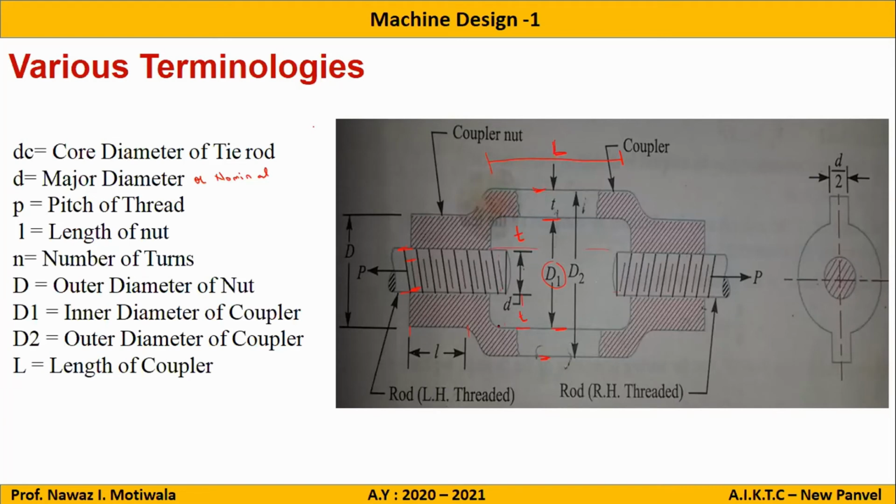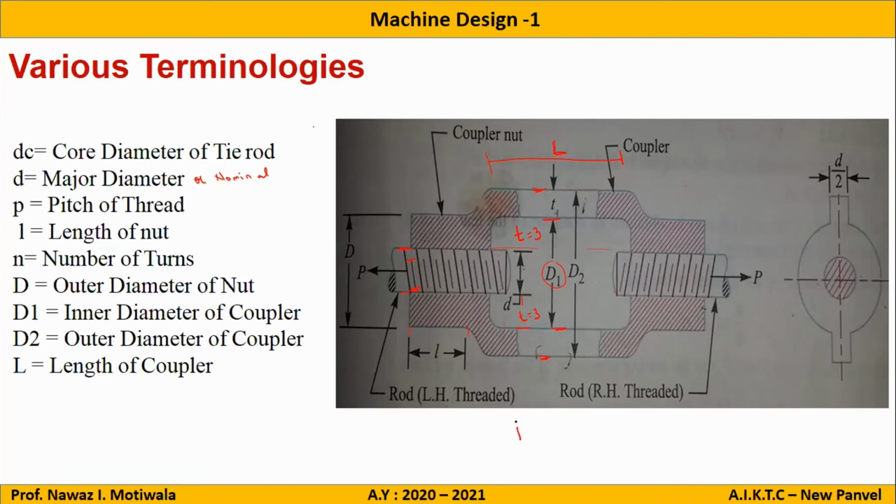Now the clearance is up to you, you can give 1 mm clearance, 2 mm clearance, or 3 mm clearance. So let us assume that in the exam you can assume anything: 1, 2, 3. For uniformity, let me assume that T is equal to 3 mm. That means I am giving a clearance of 3 mm on each side. So if this is equal to 3, this will also be equal to 3. Now tell me what will my D1 become? From the formula, what can be the expression for D1? So D plus 3, 3 plus 3, no, sorry, 6. Yes, it will be D plus 6.